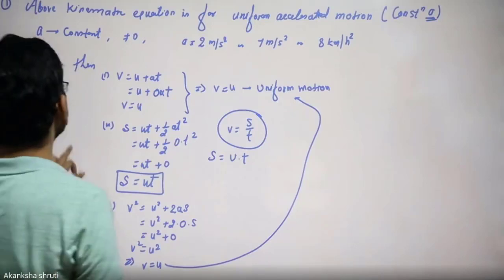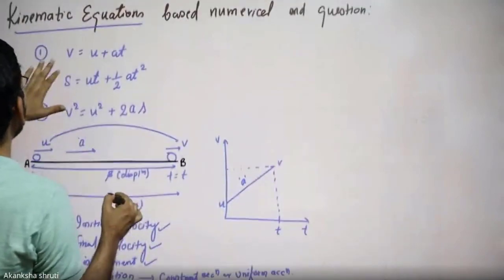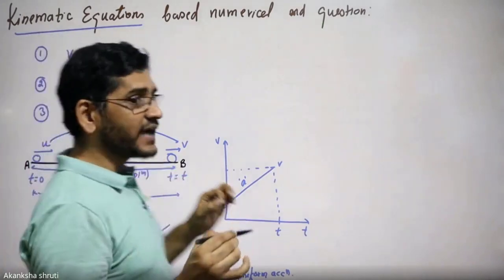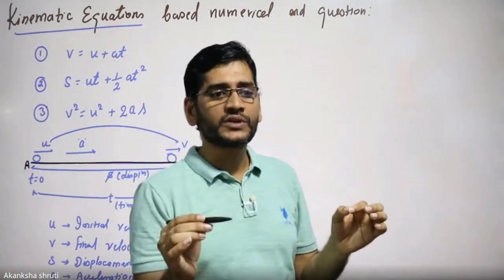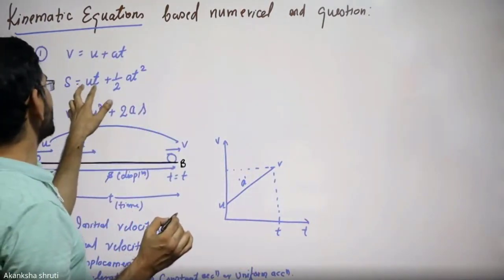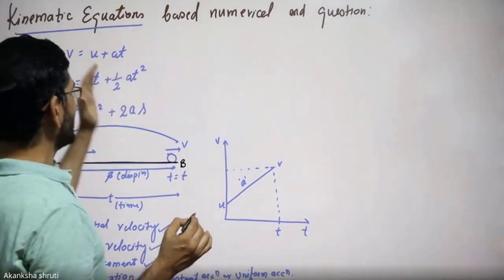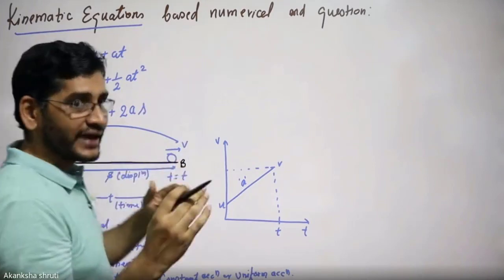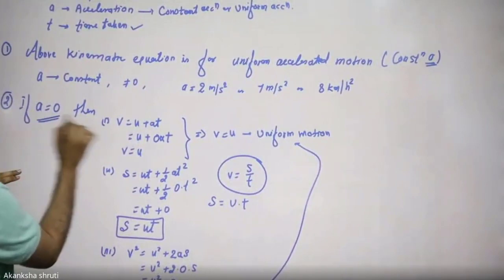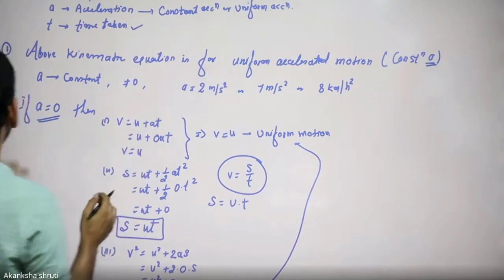So keep in mind, whenever the body has acceleration, we must apply S equals Ut plus half AT square, rather than S equals speed into time. Okay? Because if you take the displacement or distance as S equals speed into time for accelerated motion, this term is missing and your answer becomes wrong. So that is the next point you have to keep in mind. So this was regarding the acceleration. This is applicable only for uniformly accelerated motion.